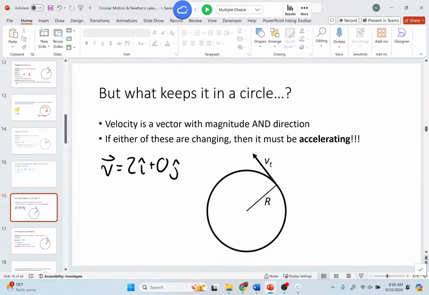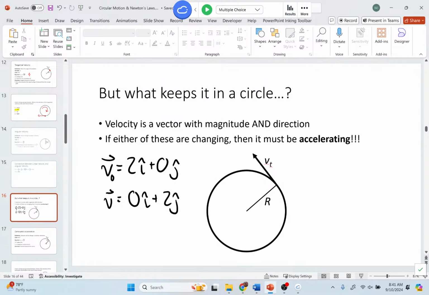Oh my gosh, insane, right? It sounds stupid. What's my new velocity vector? It's 0i hat plus, let's define positive as towards you all, 2j hat. If I turn, that's my final velocity. I was moving 2 in the x direction. Now I'm moving 2 in the y direction. My magnitude of velocity is the same at every single point, but the direction changed,